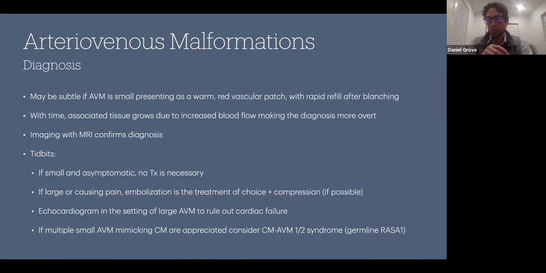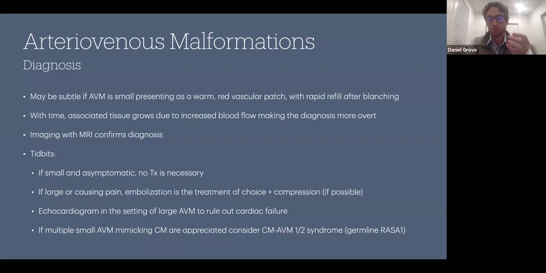Sometimes if they're quite large, we'll send them to our cardiology colleagues to make sure there's no signs of high output cardiac failure via echo. But the most important thing I find for dermatologists is to be on the lookout for small AVMs that mimic capillary malformations. So over the past few years, we've gotten really good at characterizing